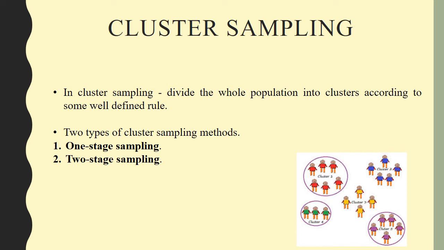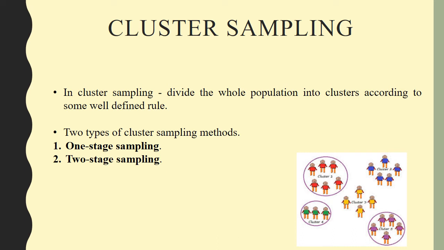So here the advantage of cluster sampling is cost, where you can save and cut down costs, and this can reduce travel and other administrative costs also. And the disadvantage is that sampling error is higher for a sample here. And if you see the application of cluster sampling, it is often used to evaluate vaccination coverage in a particular area.